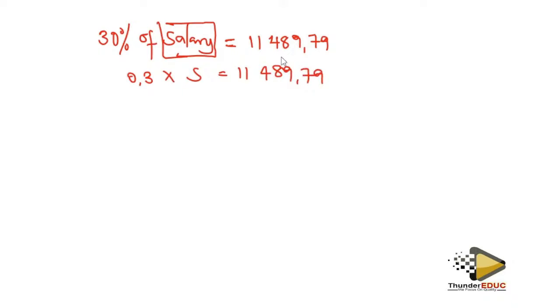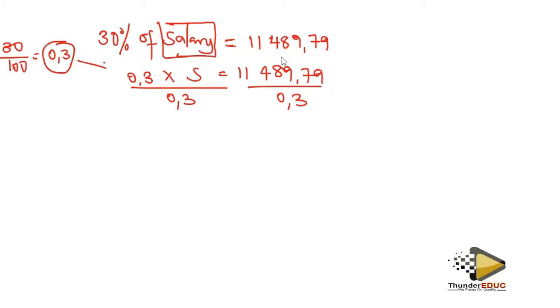Because I'm looking for the S, I'll divide through by 0.3. How do you get the 0.3? I took the 30 over 100. It gives me 0.3. So I divide through by 0.3. I remain with my S on one side. So the answer there becomes